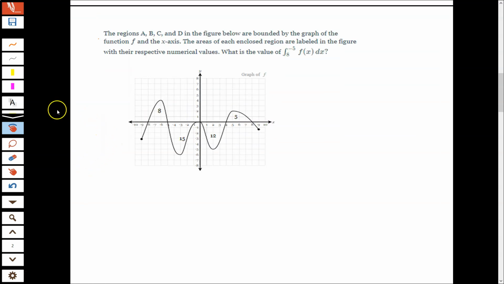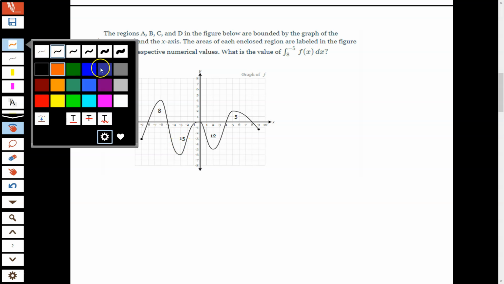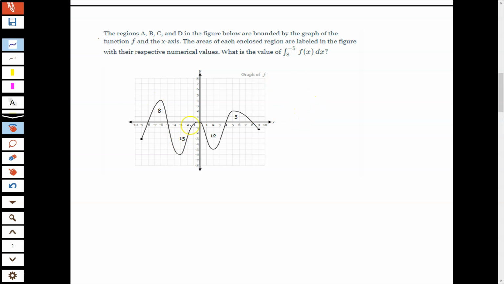So here is the type of problem we're going to run into where they give you the area between the curve and the x-axis. Remember, below the x-axis, these areas are negative, and above they are positive. So I'll make a note of that right away. And then here's the integral. So remember, these bounds tell us where to look. But this one